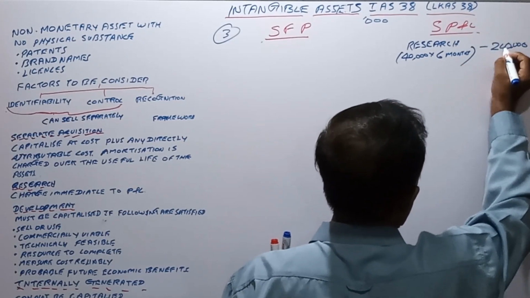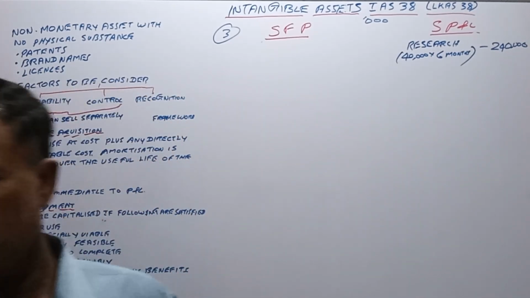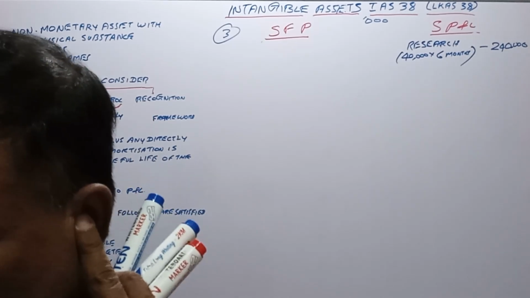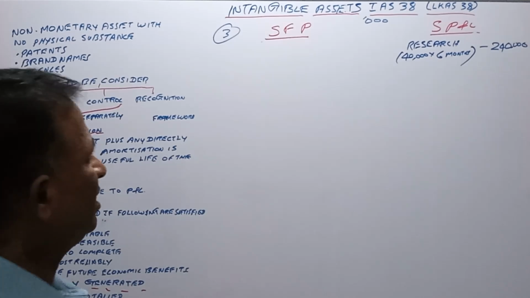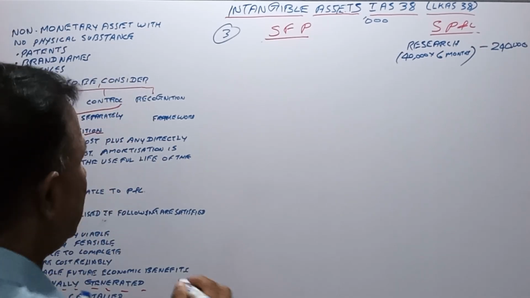240,000 balance from 1st August to 31st of December. You can capitalize it, right? You can say intangible asset,